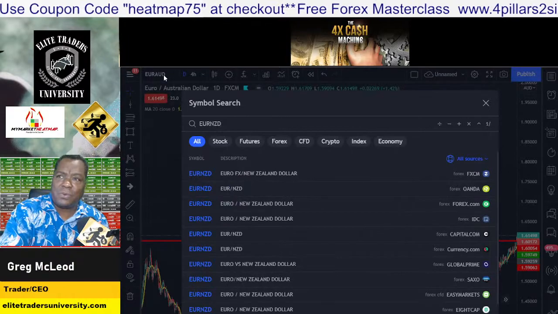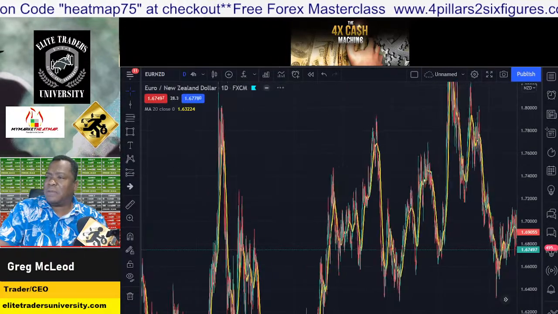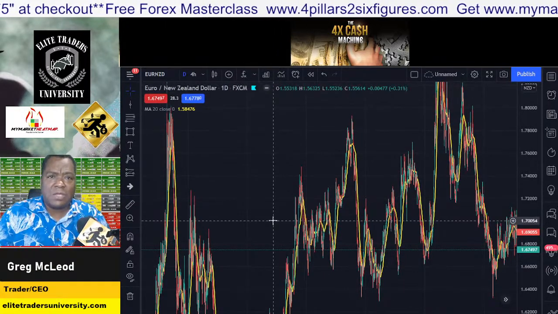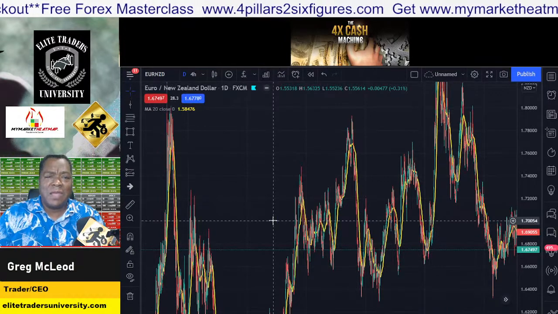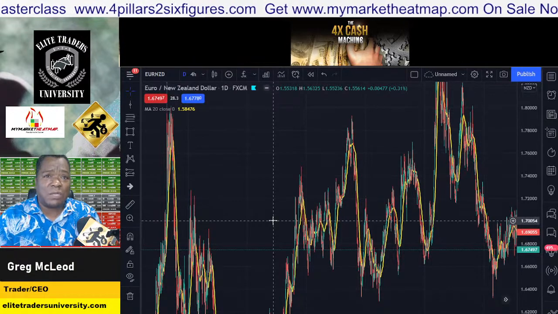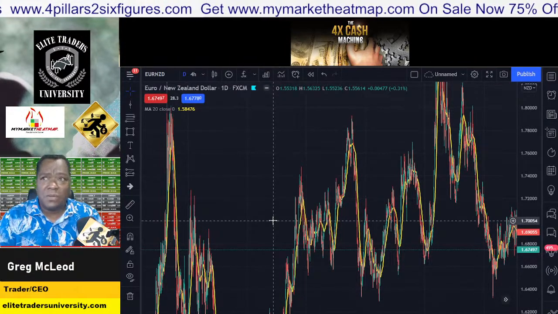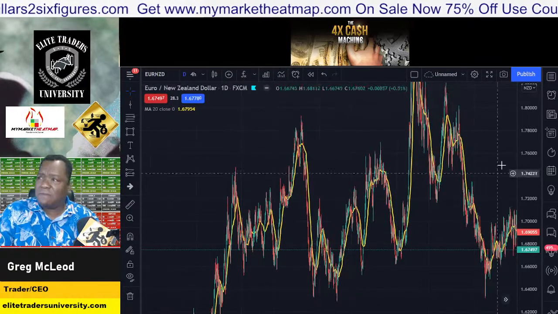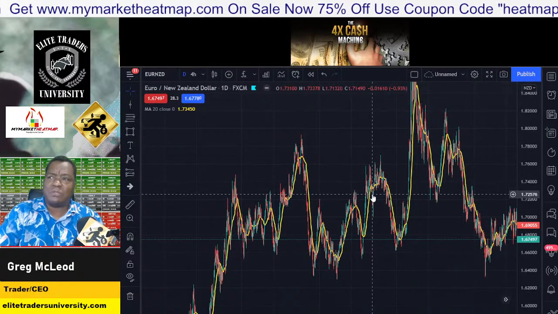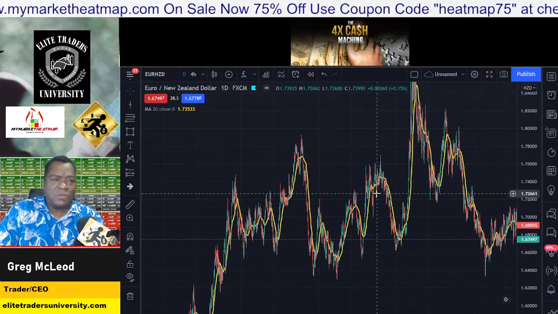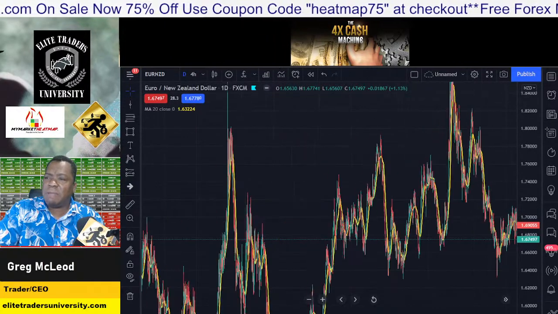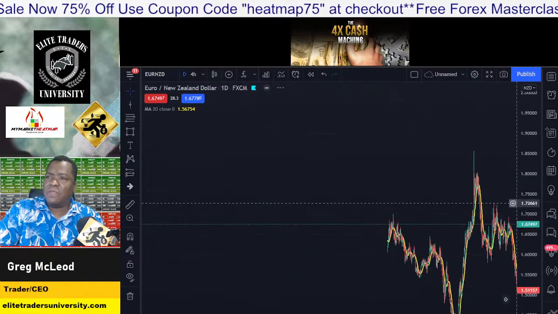And its cousin is Euro Kiwi, right? Euro Kiwi is the same because why? Kiwi, the New Zealand dollar, is also a risk-on currency, a happy currency. When the stock market rallies, the New Zealand dollar goes up because it's the breadbasket of Asia. They have more sheep than people, and they supply food to Asia. So when people have money, they buy food. That New Zealand lamb, oh, wonderful, a little mint jelly on the side. New Zealand has some great food, okay? And so when there's a good global economy, the New Zealand dollar rallies.